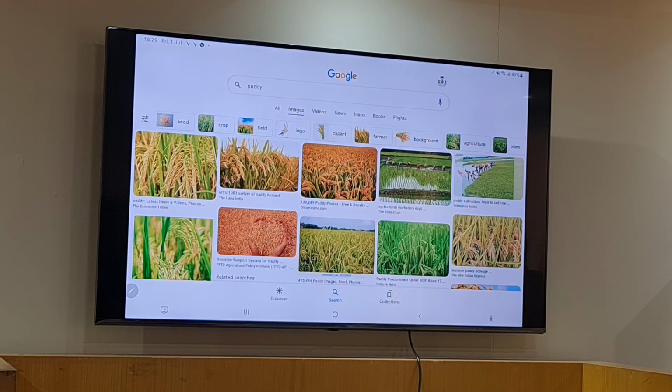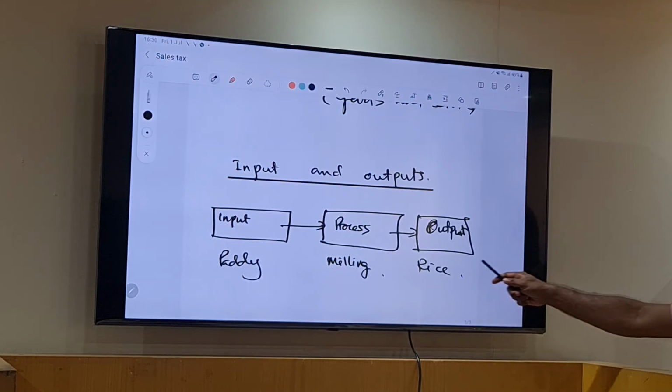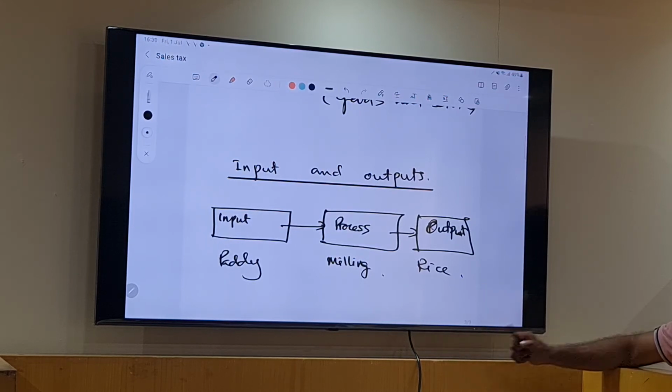So now, the process, this is a diagram to understand. You have some input, you put this input into a process, and then that gets converted into an output. This output is a saleable item, either goods or a service. But you cannot suddenly have a saleable item. You need to incur certain input, or put some input, to convert it into output. Correct?